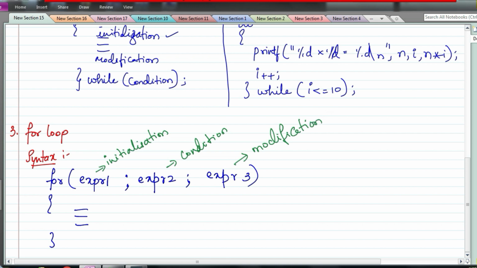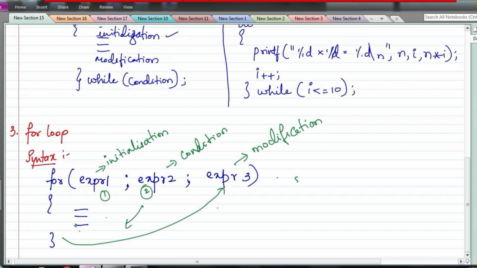So when a for loop gets executed, the compiler is going to execute this first. This initialization is going to execute only once, then the condition is checked. If the condition is true, then the compiler enters the loop, executes all the instructions, and then goes back to expression 3, which is your modification expression.